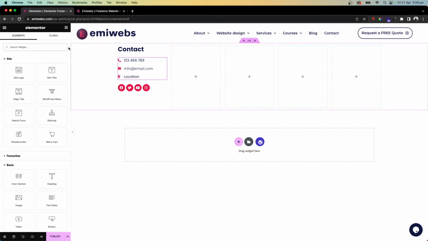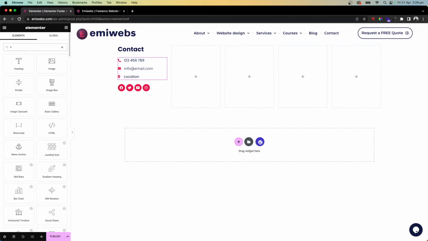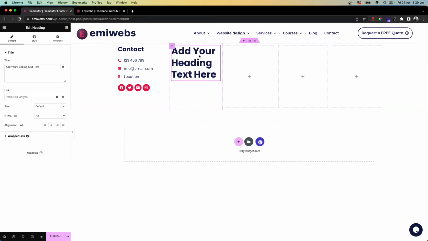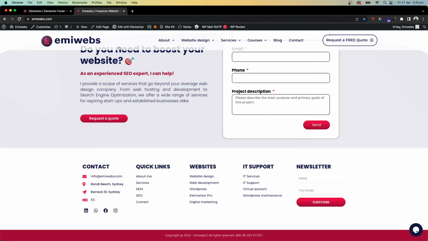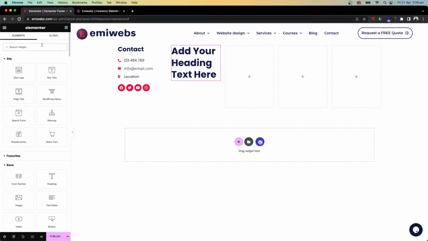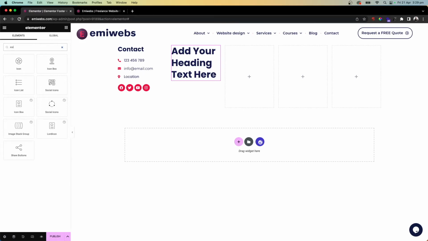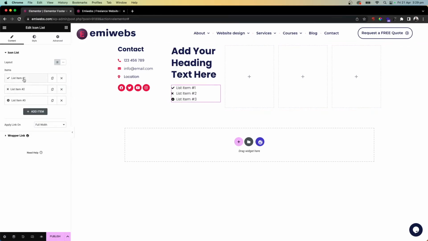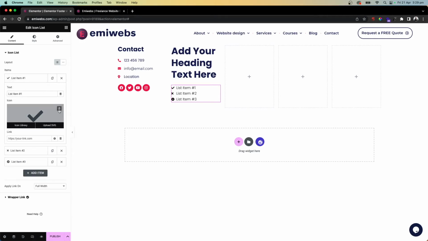Okay, so the next one, same thing, header or text heading. Okay, and then what else we have here? Okay, this list of icons, list, sorry. So we can do the same. Just go here, icon list, and we just remove the icon. Instead of having something, you can go and remove it, right? So you don't use icon, you just use the link and the name of the item that you wanna add,